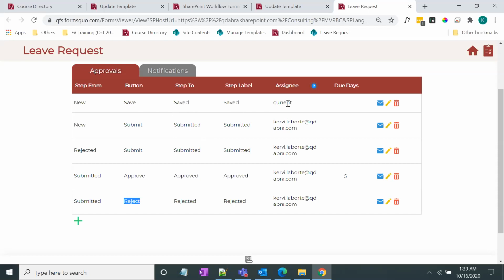And here we have the assignee column. This is where you specify the assignee for each approval step. There are specific values available to use in this column. We actually added here recently a tooltip that shows all of the available values that you can enter. So one is current, which assigns the form to the current user. So whenever the status is new and the user clicks the button save, then it will still be assigned to the current user. Another value that is accepted in here is the manager, which assigns